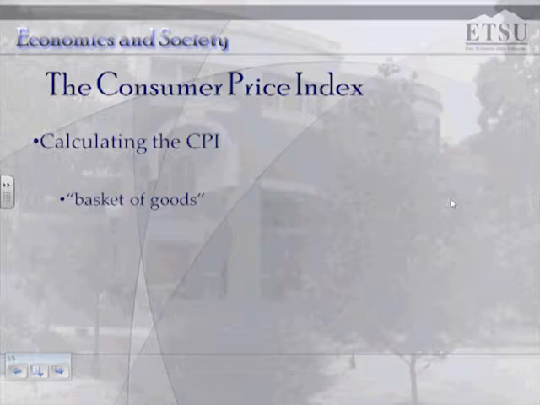If you've ever gone to the grocery store, this process is like when you see in the grocery store one grocery cart that is filled with groceries right next to another grocery cart that is filled with the same groceries, and it might be at Food City or somewhere like Ingles or Kroger, where they have the receipt and they say, if you bought this basket of goods at our supermarket, then you would have paid this much. If you bought this basket of goods at our competitor's supermarket, then you would have paid this much. See how much you save by shopping at our store. This is